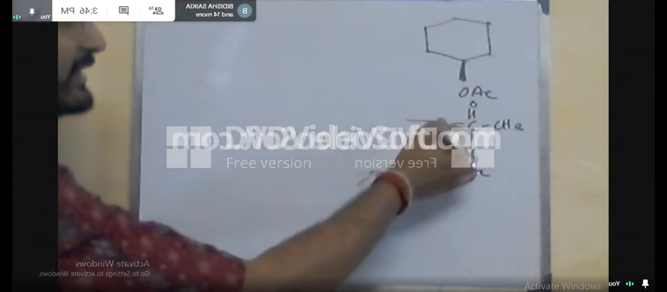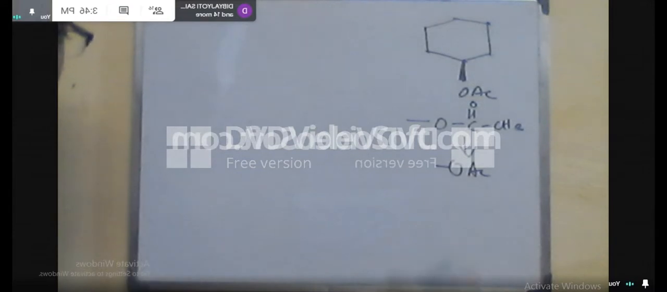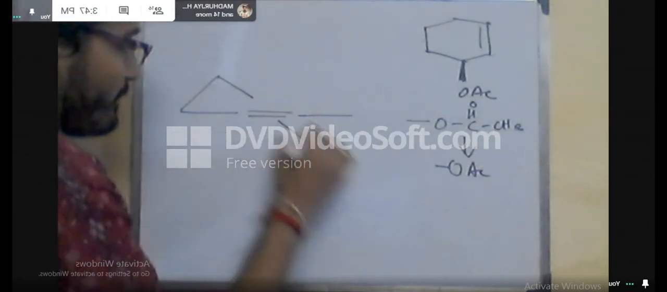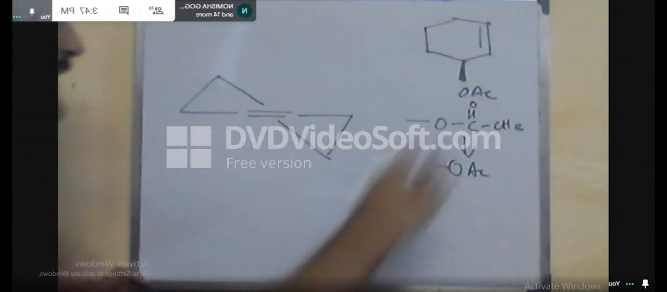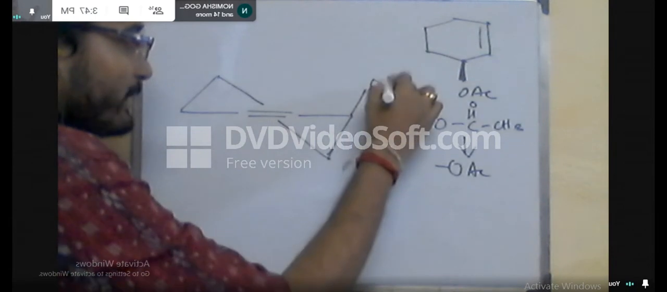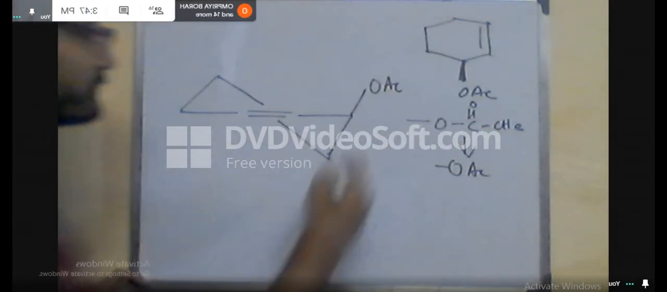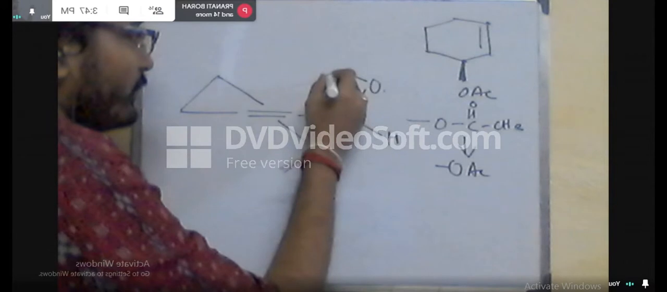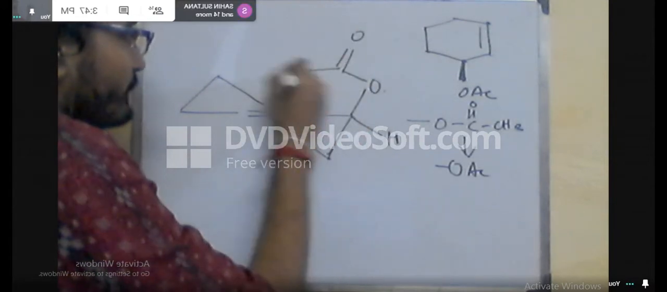So again we will draw the structure of the cyclohexene. This is the cyclohexene, and similarly the OAc will be at the top face according to this configuration. Now here you can see, no question of hydrogen bonding, but this sterically bulky group is present at the top position. This is the double bond, the electron rich position, which will interact with the epoxidizing agent. So if the top face is sterically